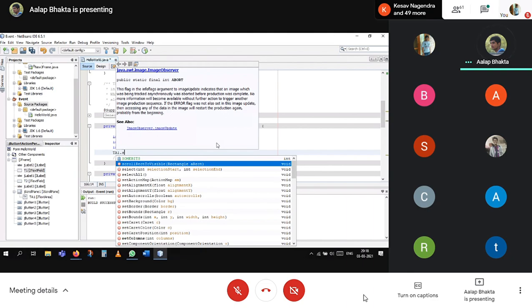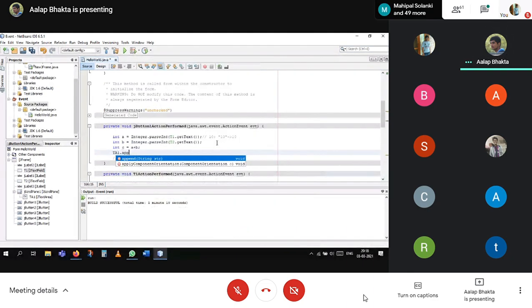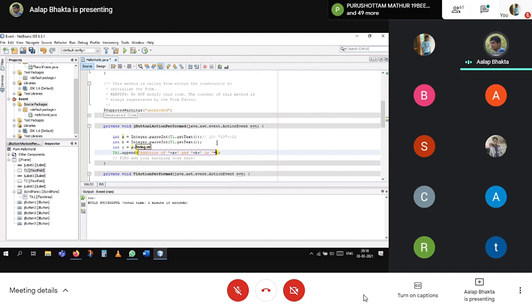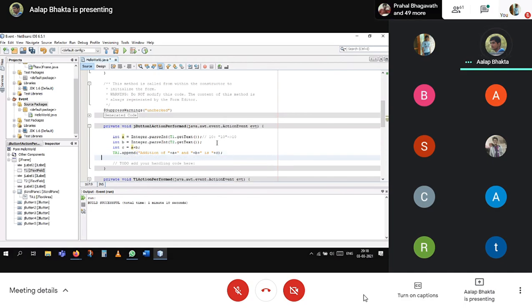I will append the addition of variable a, so plus a, which displays the value of a, then b, the value of b, then the result is stored in c, so I will print plus c.